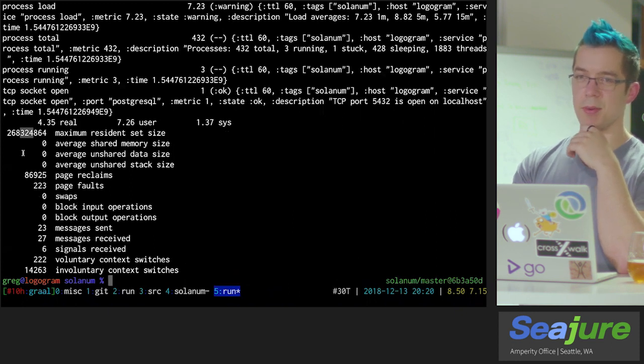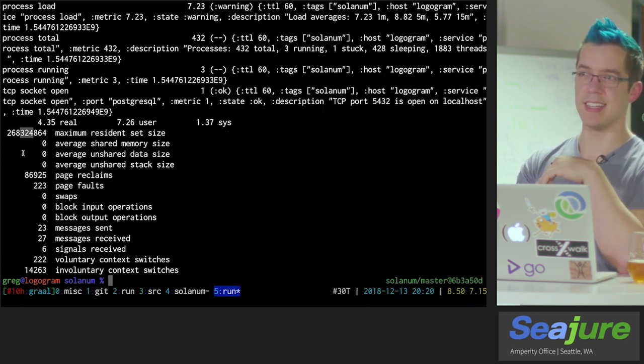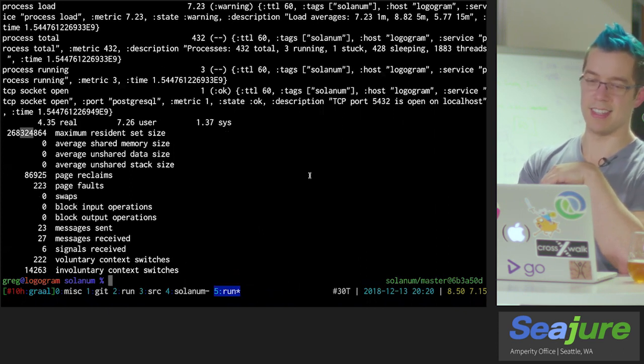So again, something we want to run in the background on all of our boxes. Having 36 megs of RAM used is a lot nicer than 268.